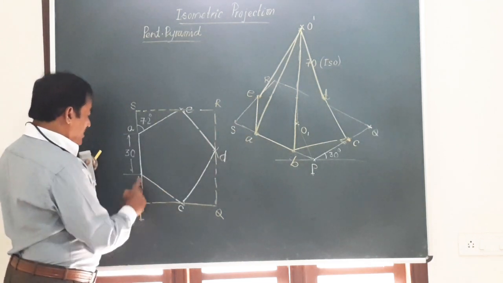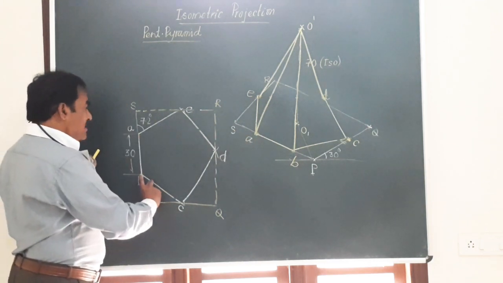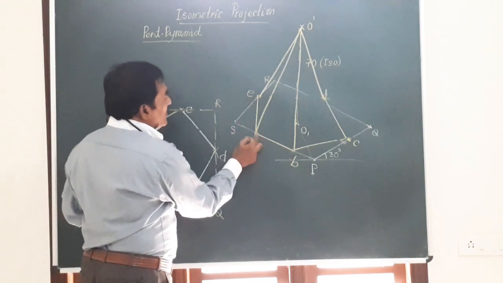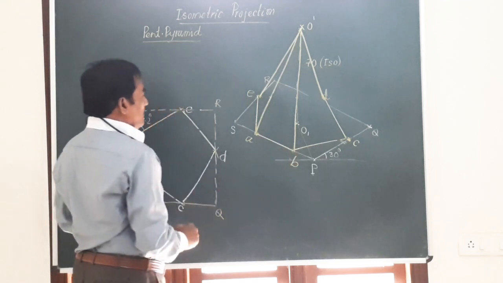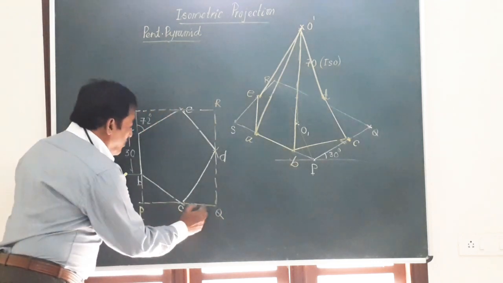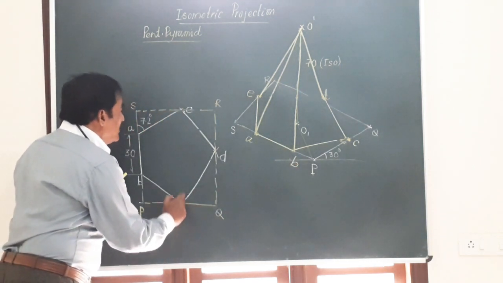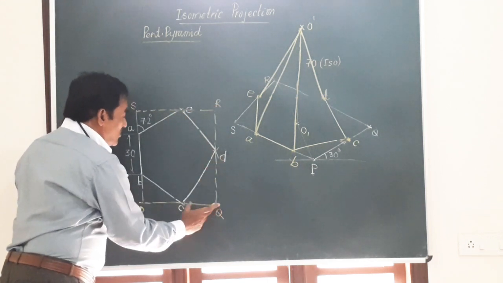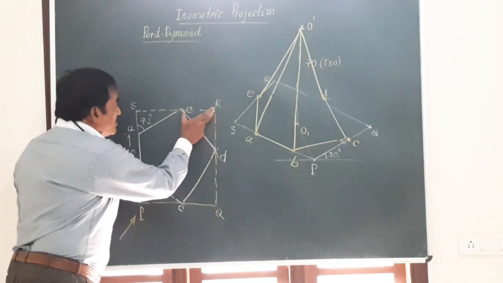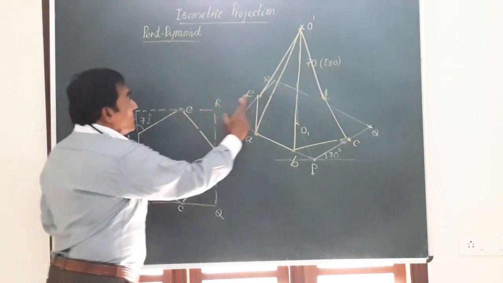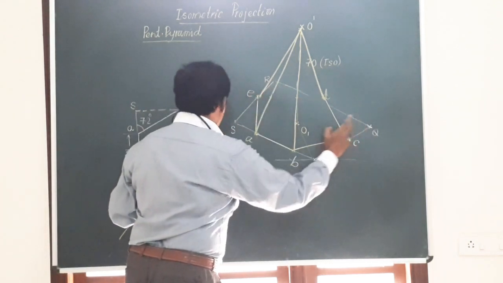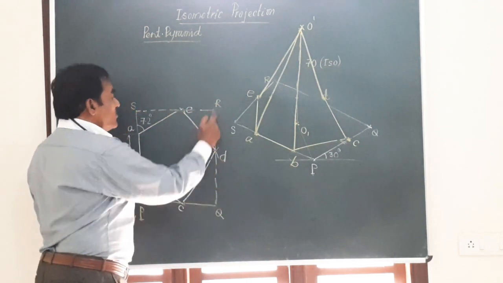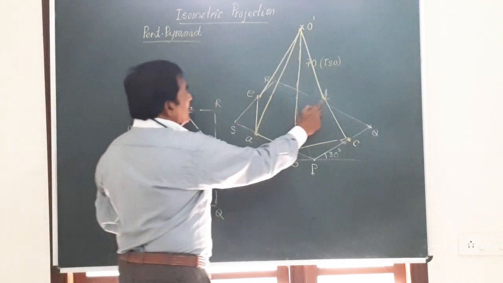Similarly, B is closer to P on PS. I take this measurement and keep it here. So these two measurements are the same. Then you are going to get the side AB. Similarly, the corner C and corner E are equidistant from this RQ. So you can take this measurement to ISO, put it here and here. Finally, the corner D is exactly in between Q and R. I have located that. I got that point.